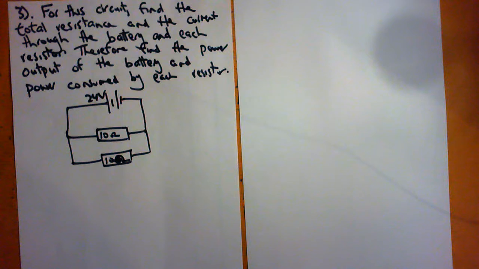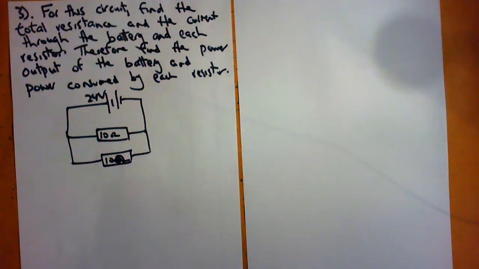For this circuit, find the total resistance and the current through the battery and each resistor. Therefore, find the power output of the battery and the power consumed by each resistor. So this circuit that we have here has a 24 volt battery and two 10 ohm resistors, and they are